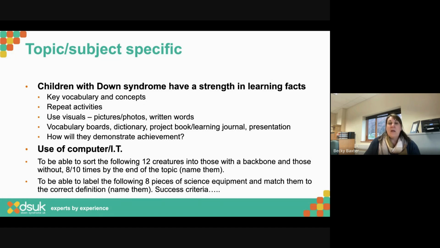And doing their own presentation, what I've learned about this topic. Let me tell you, I'm going to put it in my own presentation. I might record that and I can share it with the teacher, can share it with family. So thinking about how they're going to demonstrate that achievement right from the very beginning. And I'm going to talk a little bit more about that at the end when we think about measuring the progress and what we're assessing the students on.